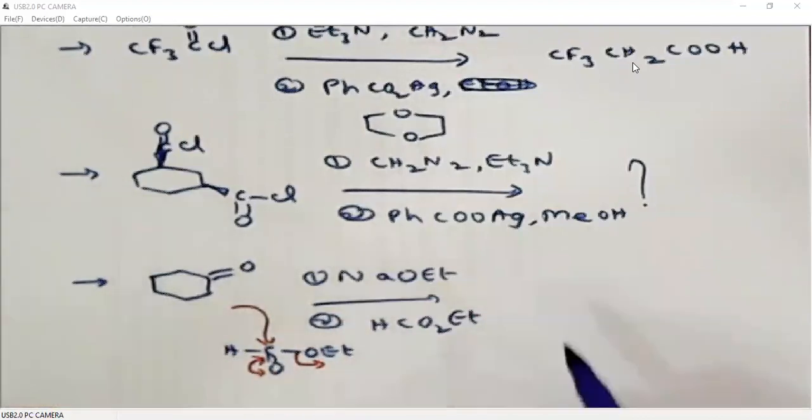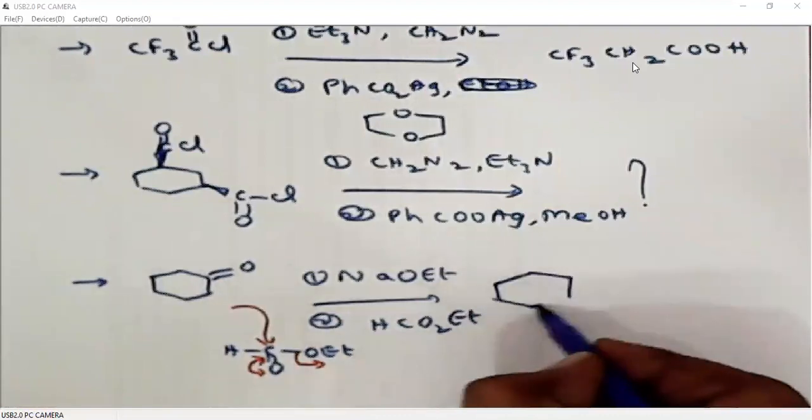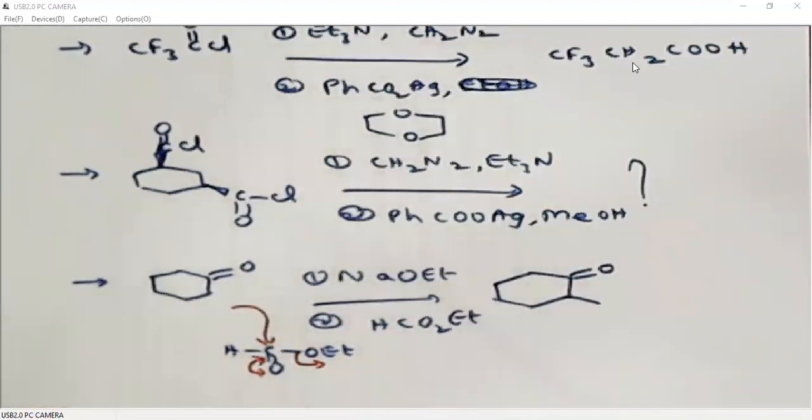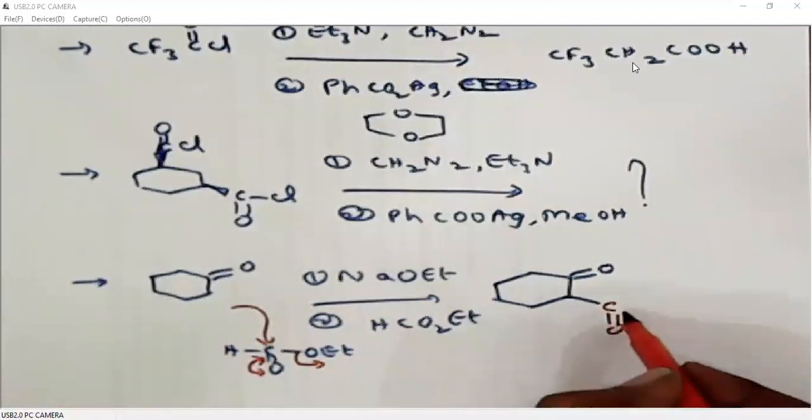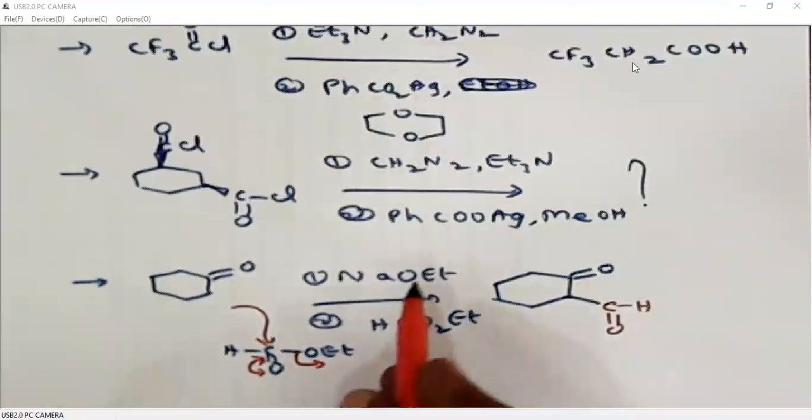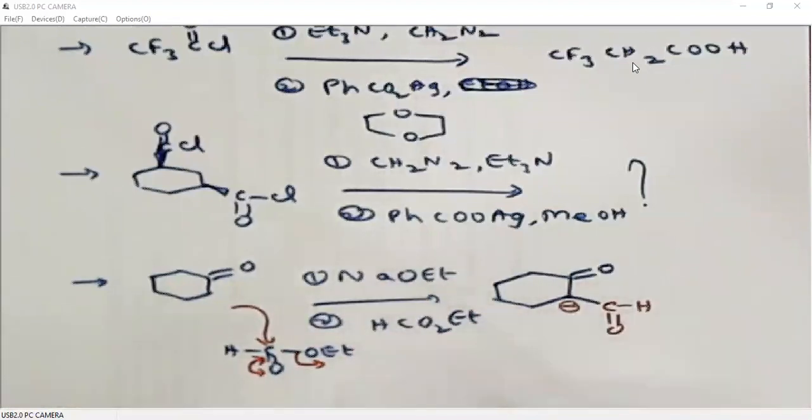So what we are getting? We are getting aldehyde alpha to carbonyl. Under excess basic conditions, we can also generate a negative charge here, right? Because it is stabilized by both carbonyls. Then it is treated with paratoluene sulfonyl azide, N3. So that I'll write clearly. In short, we can call it tosyl azide.